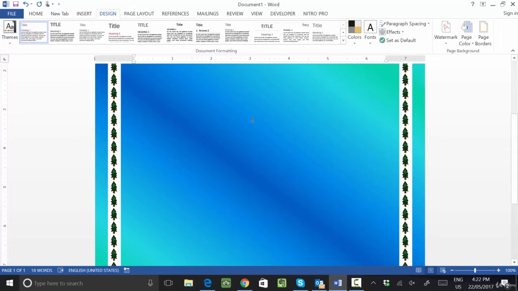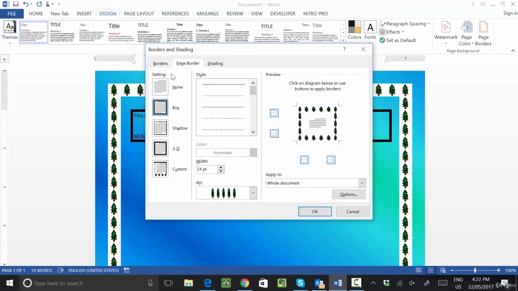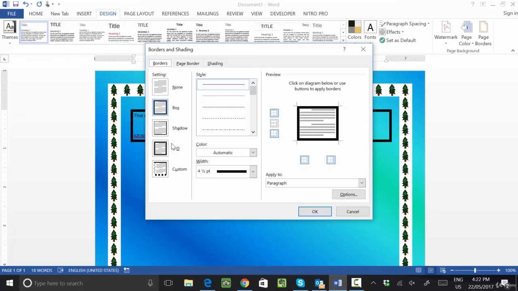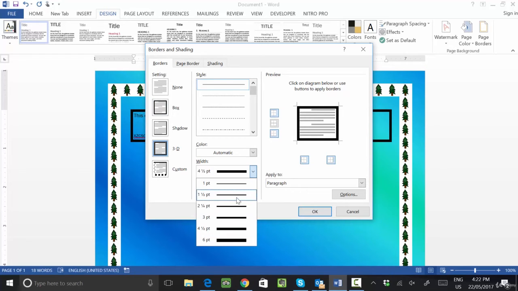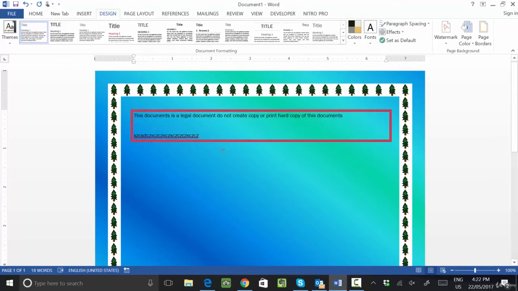You see, this is your page border that came. If you want to change your text into the 3D color format, then select from here also. Let's say I want the color red. So you see, the red color will come. Is it clear? If you select the border of the text, then the text will be covered under the border. If you select page border, then the complete page will be covered under the specific border.